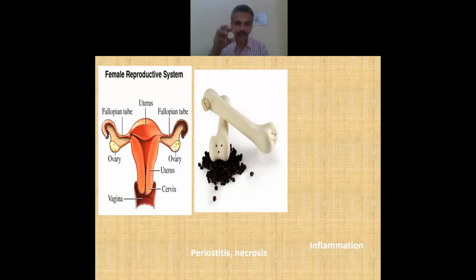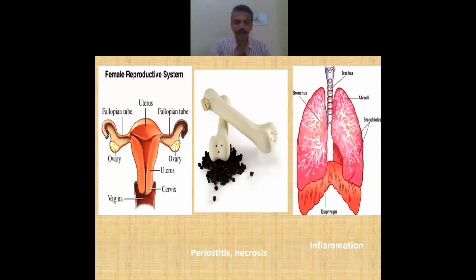You should know when symphytum, when ruta, when silicea, when phosphorus, when merc, when rhus tox, all these things you should know. If time permits, we'll try to go into the details. I'll try to give you some comparison. But phos is such a deep acting remedy that it can give rise to necrosis. See, this reminds me of